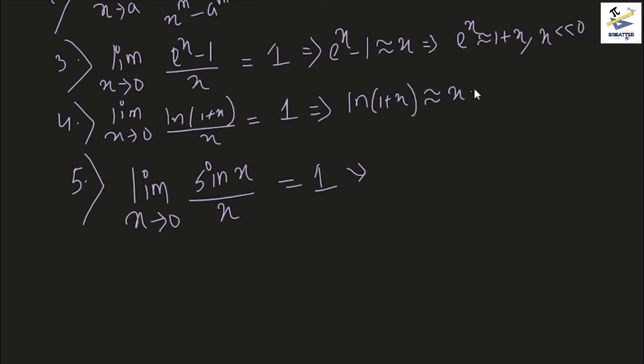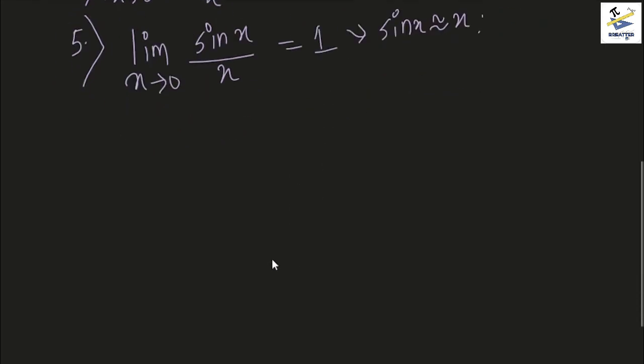By very small I mean that x is around the range of, x is less than or equal to 10 to the power minus 9 or something like that. And similarly here we also say that sin x is an approximation to x, or the approximation to sin x can be written as x when we have very small values of x, such as, as I said, 10 to the power minus 9, 10 to the power minus 10, and so on. So these limit formulas also give you an approximation